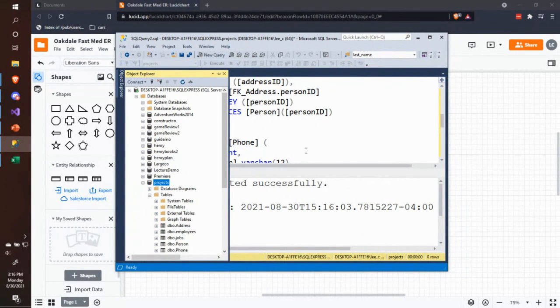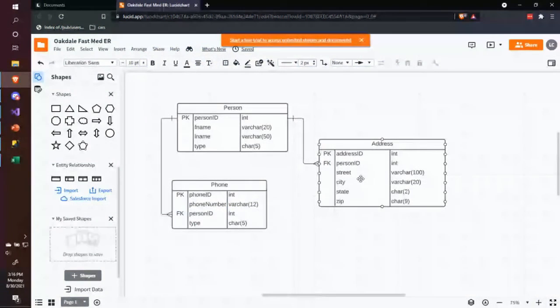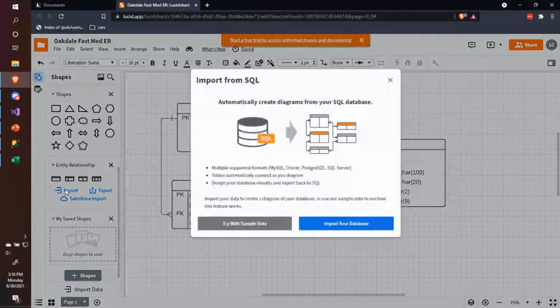Lucid is not the only database diagramming tool in the world that does that. But it does also allow you to import your database from SQL. So those of you that can't draw ER diagrams in SQL Server, you can import